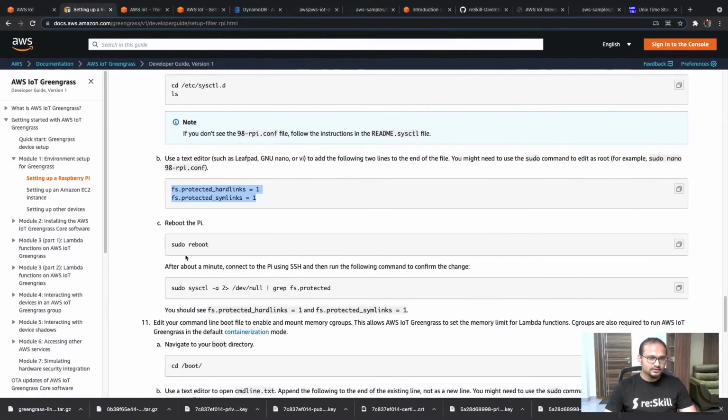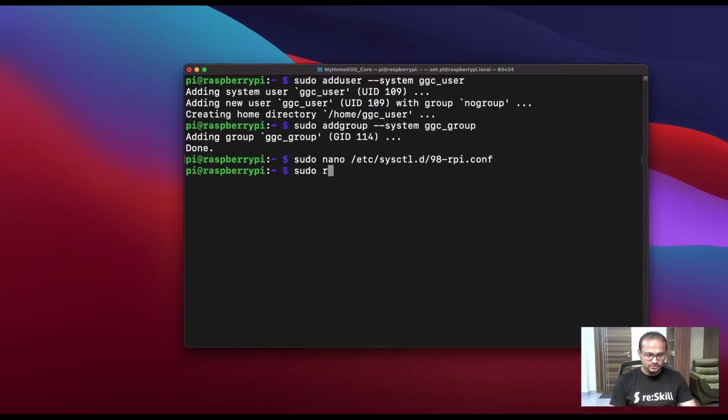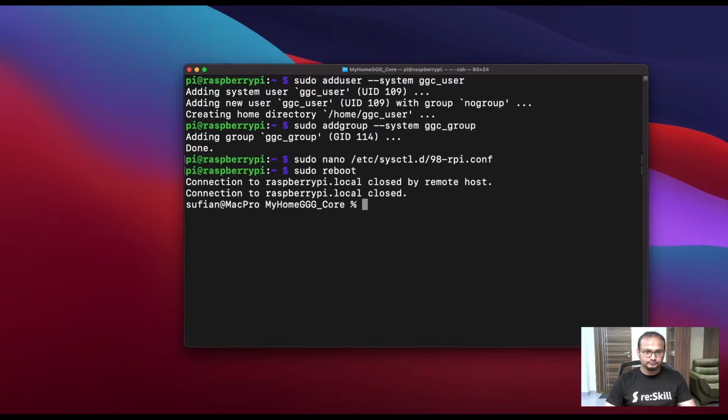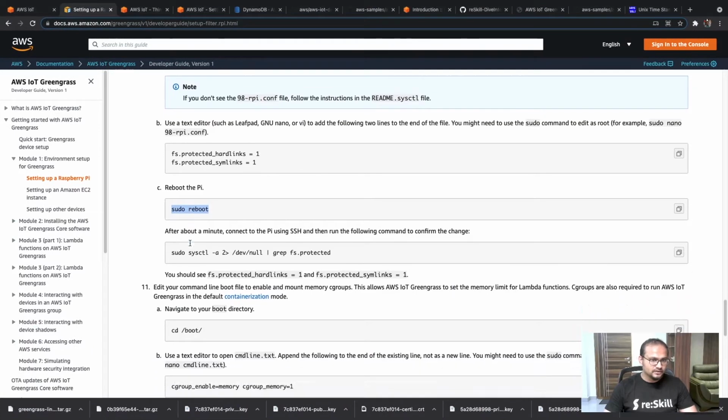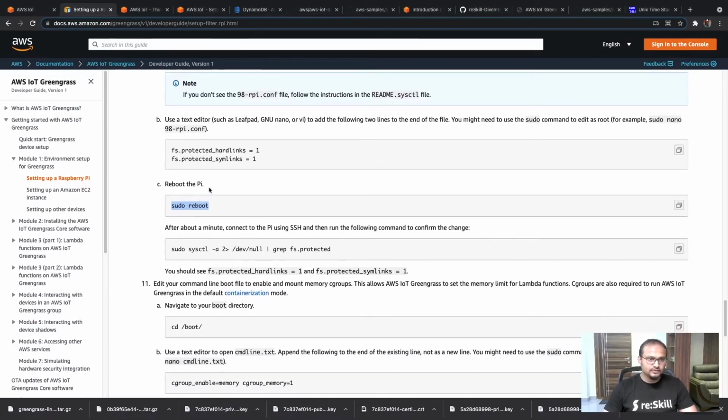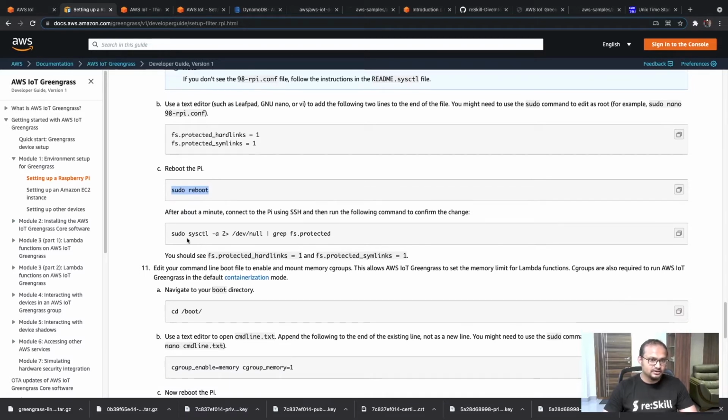So that's done. Now we need to reboot the Raspberry Pi. So I'll do that, sudo reboot. Okay, we will give it a minute, and once the Raspberry Pi reboots, we can log back in and run this command.